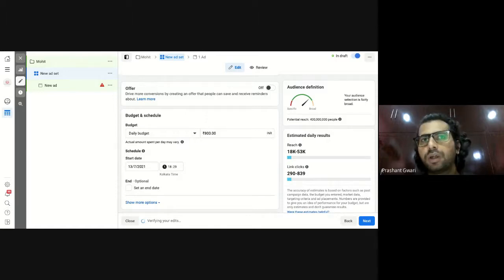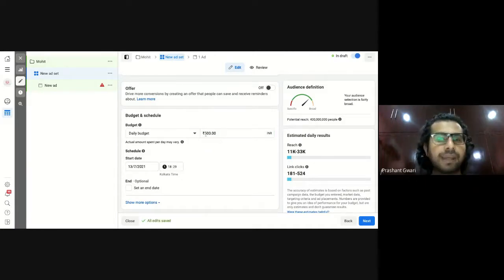One, how many sales, purchases, or conversions you require in your business to survive per day, plus how much you can invest in that campaign. Our client has decided to invest 500 rupees per day to promote his Telegram channel. So I will set a daily budget limit of 500 rupees per day.